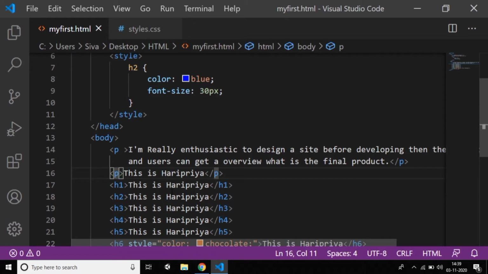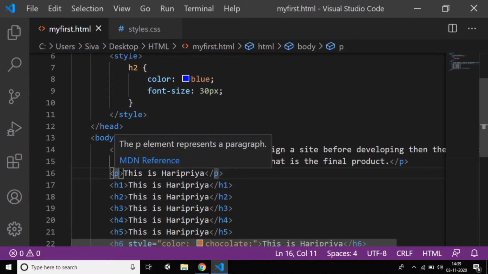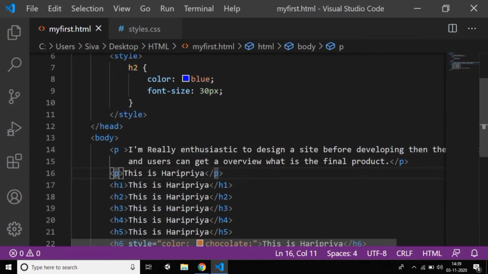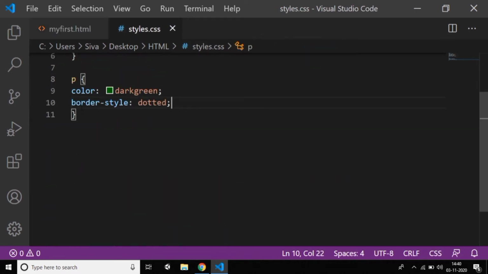If you want this paragraph dotted and this paragraph dashed, you need to apply classes. Is it possible or not? We can check that. Just give p dot, and here you can create a class name, the name of the class I'm creating here.